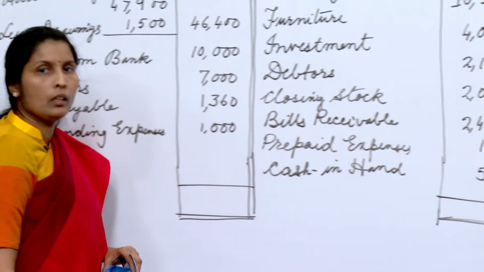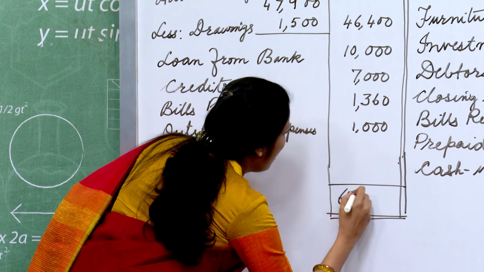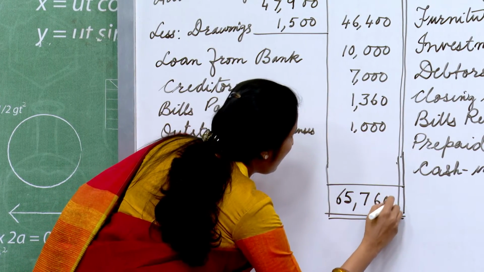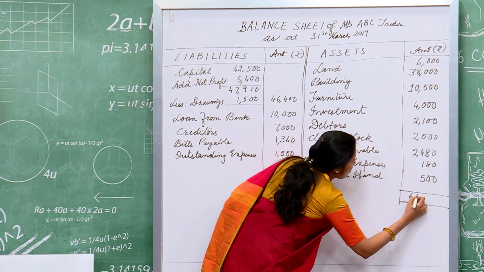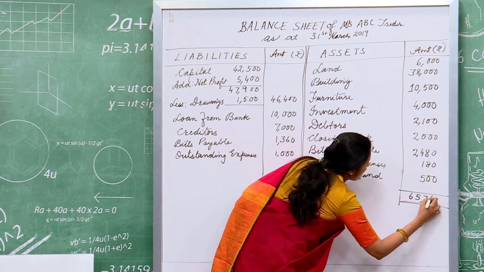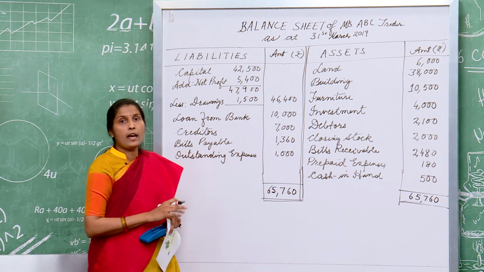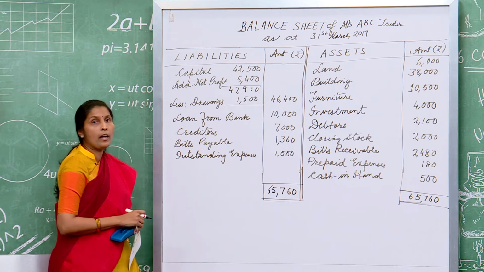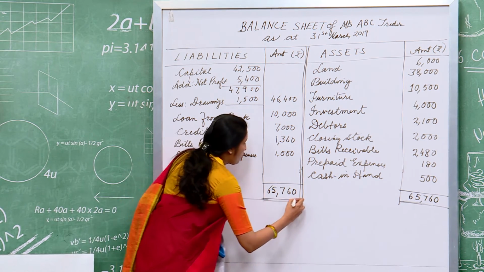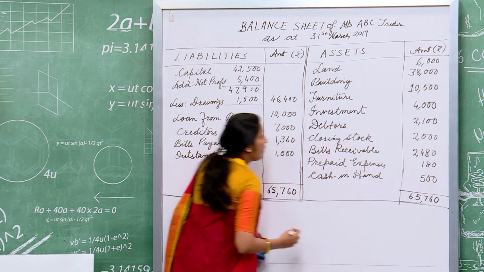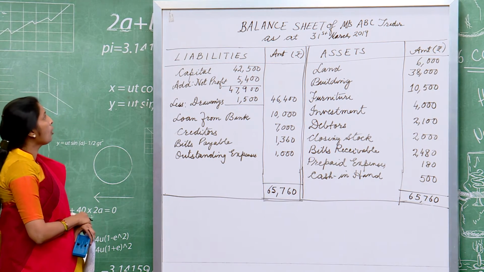So, the totaling will be 65,760, and on the asset side as well it should be 65,760. Now, it is important that both the sides, the asset side as well as the liability side in the balance sheet, must tally, and once you are done, we will just close this. So, this is the format of the balance sheet, and we have taken a look at